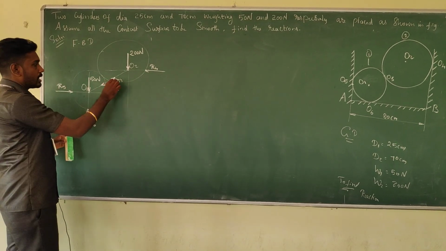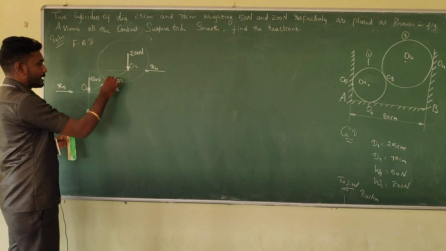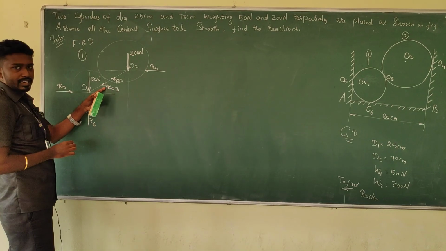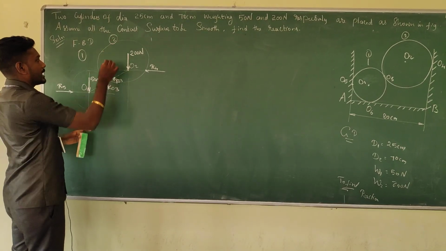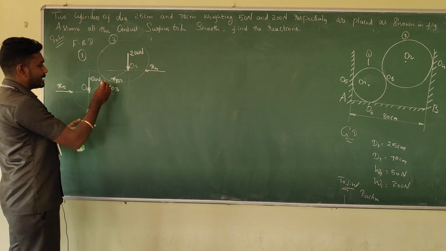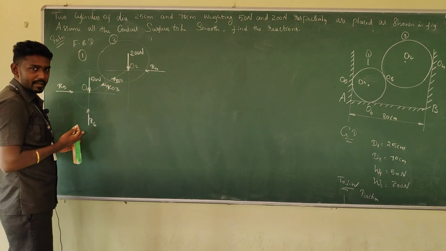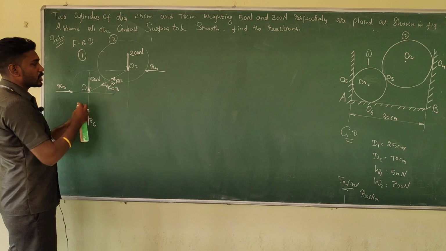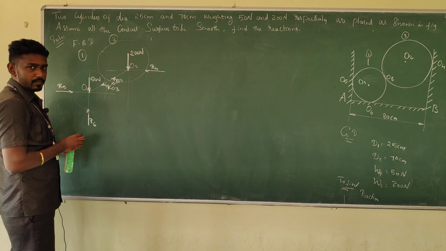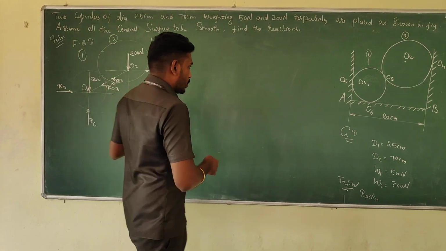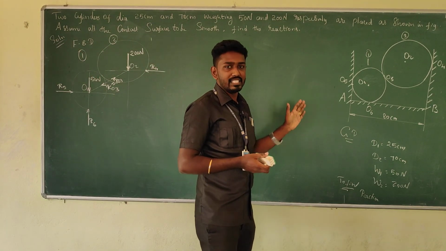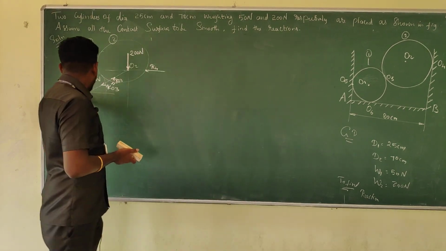The difference is, for both the O3 reactions which we have represented: when you are considering cylinder 1, we take the reaction coming inwards, and when you are considering cylinder 2, we take the reaction coming inwards to the center. The magnitude of both reactions will always remain the same, equal, but the direction of the force will be opposite. Okay, fine. So almost we have taken all the reactions. There is no string, so there won't be any kind of tension forces.